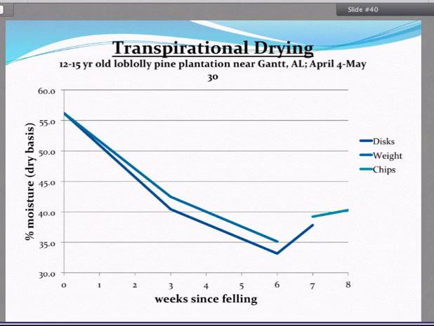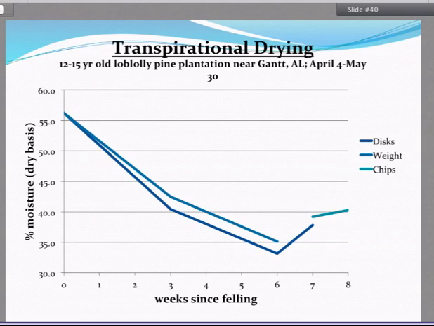The cost of doing that is still kind of up in the air, and so that's who's going to pay for that. If we fell it and come back, there's operational considerations. There's 2 visits to a site, all that costs money. There's still this question mark: are we better drying it in the woods, or are the processing people better drying